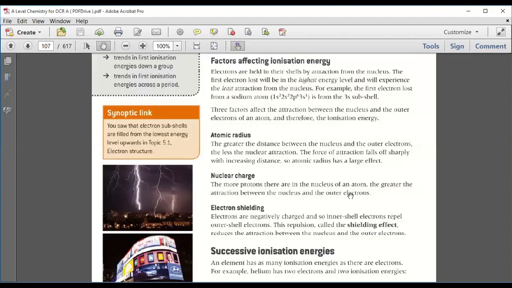Very good. Now the third point is electron shielding. Is this sufficient for today, or do you want to learn that third point also? How long will it take? It will hardly take 5 to 6, maximum 10 minutes. Then that's okay. You can sit and study now. Okay, fine then.